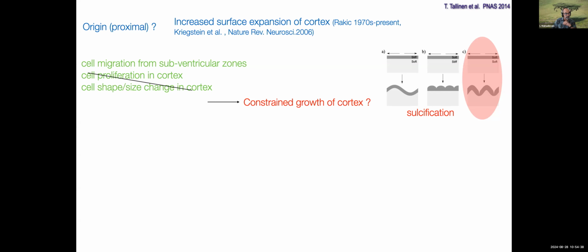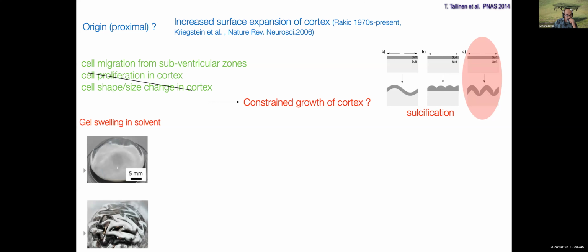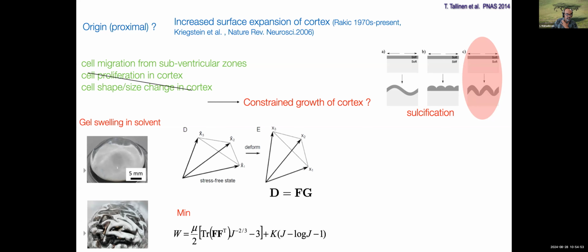And so this wrinkling is associated with the fact that water has entered the upper layers of your epidermis and then it increases the surface area. How can you explain that? So this is kind of old work, but I want to set the stage over here. We can do an experiment where we can take a gel, we can put it in a solvent, and if it absorbs liquid from the solvent, in this case, the gel is polydimethyl siloxane, the solvent is hexane, and as it absorbs